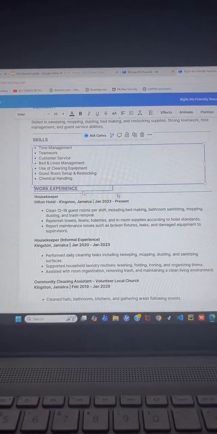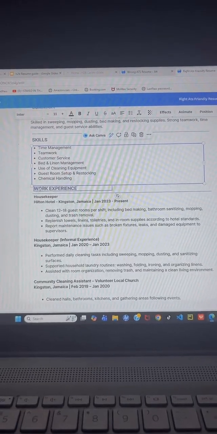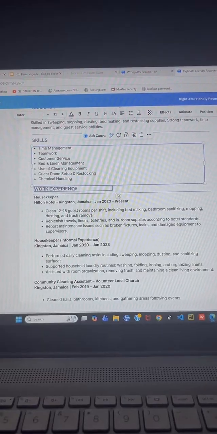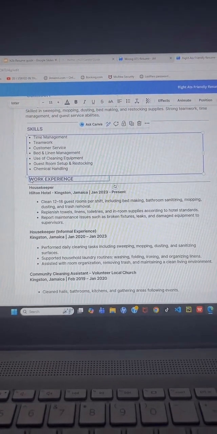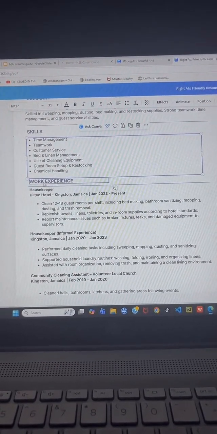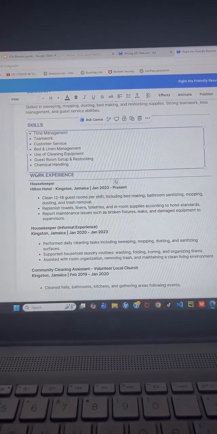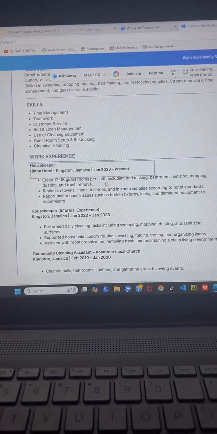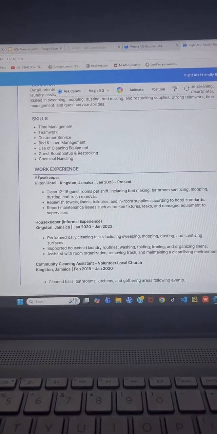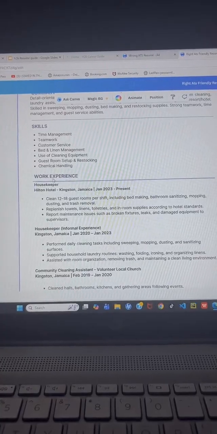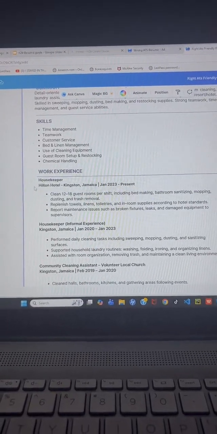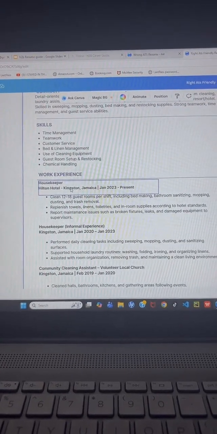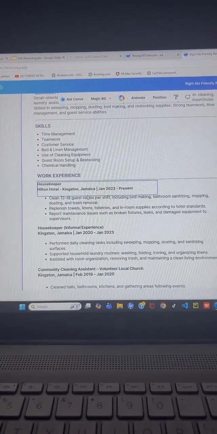For the work experience section, ensure that you're putting work experience and not my experience. Don't put just that. Ensure that you're putting work experience. Ensure that you're labeling each section correctly. Alright, so for housekeeper, she was a housekeeper. She put the name of the company here, the city and the country where